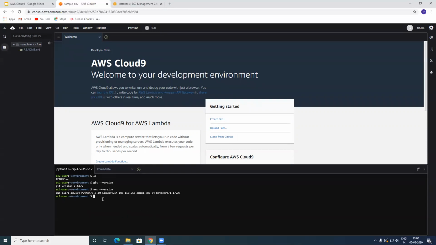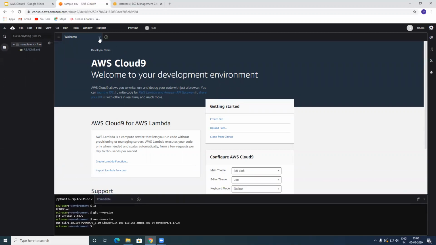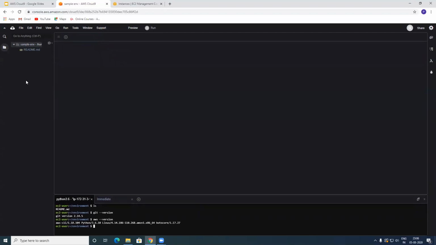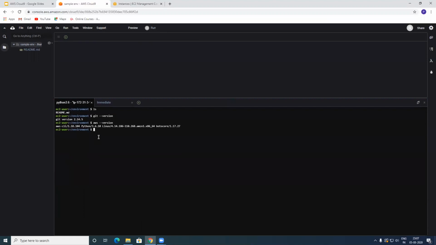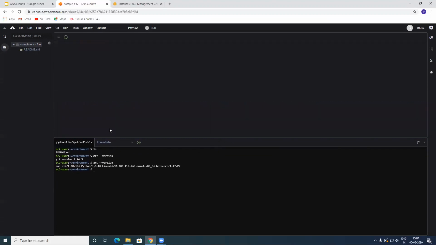So these are most of the tools that a developer would generally like to work with, and most of these are already pre-installed for us. You can always go ahead and create a brand new project over here. You can go ahead and traverse through all of these settings and see how it is. You can also click on the run in order to see this application on the browser. Whatever application you run through the CLI, you'll be able to see it on the browser. So that is pretty cool, right? You can always go ahead and install any specific Linux based commands that you would like in order to install any lightweight web server like HTTPD or Nginx web server or something like that. So this is a very nice IDE.